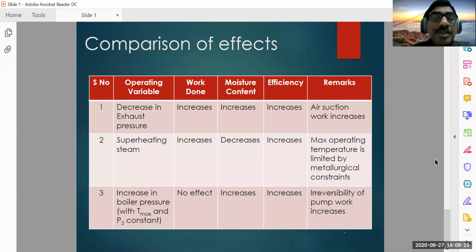So this is the comparison of the effects. So operating variable, what is the operating variable? Exhaust pressure, the effect of exhaust pressure. So if you decrease the exhaust pressure, what is going to happen to the work? Work is going to increase. I told you because the turbine expansion